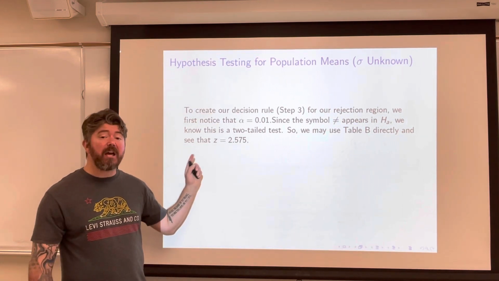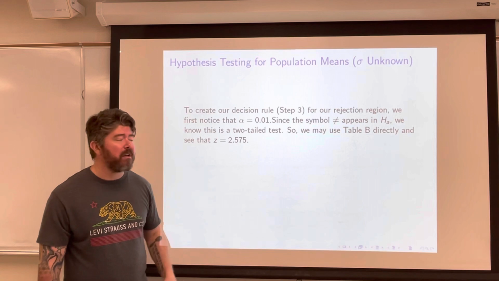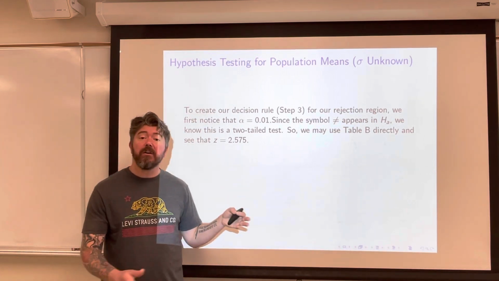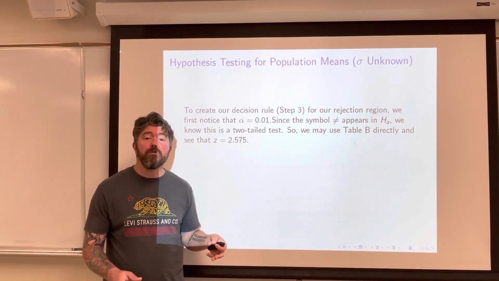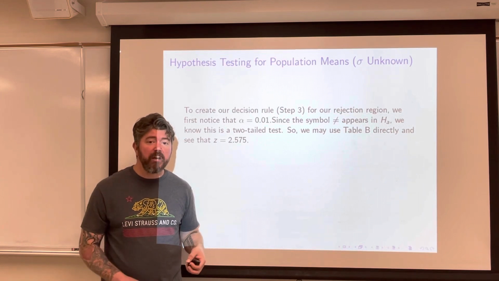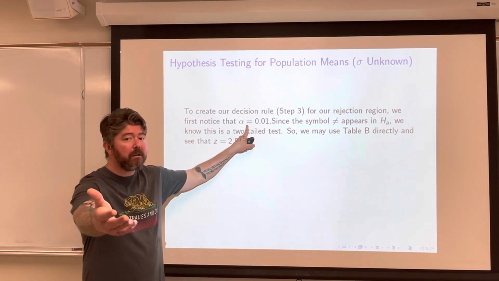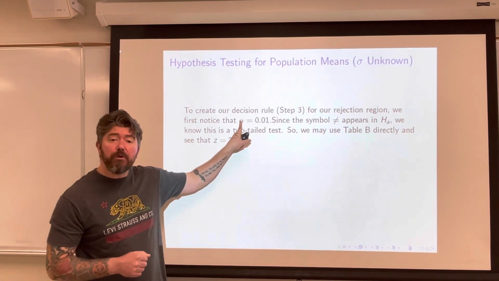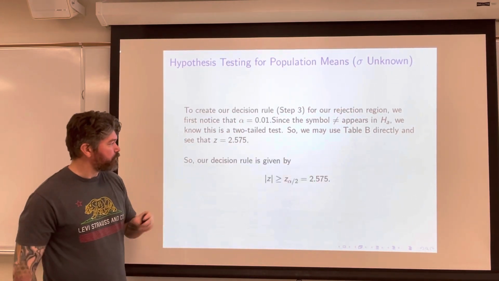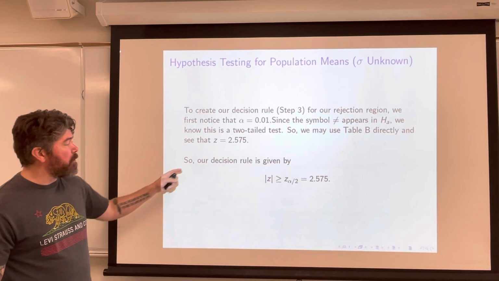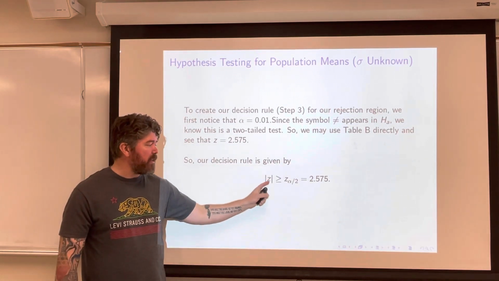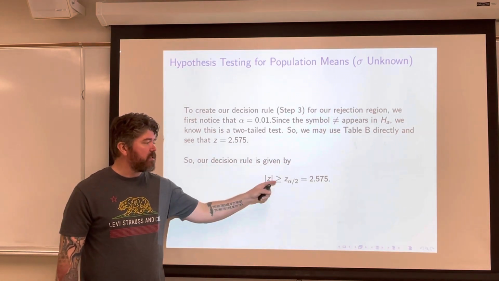For a one-tailed test, a right tail or a left tail, we have to do the trick. And what is that trick? We don't look up alpha, but we look up, that's right, we said it, 2 times alpha. So in this problem, our decision rule is given by the absolute value of z is greater than or equal